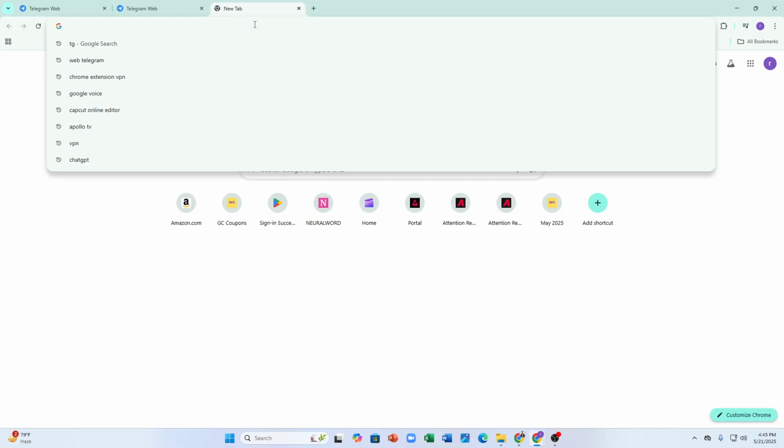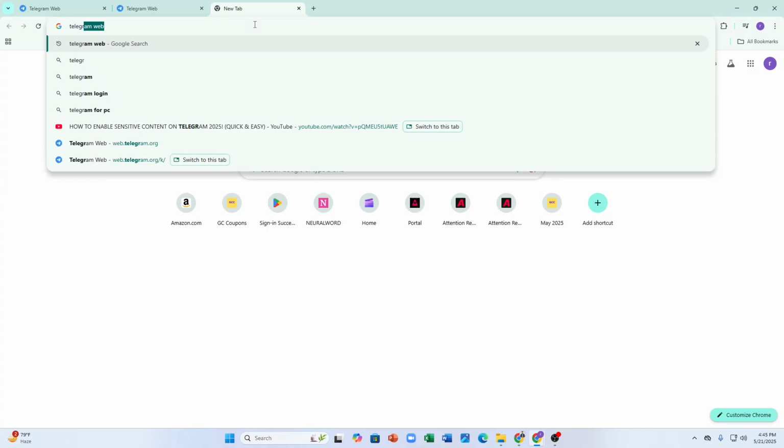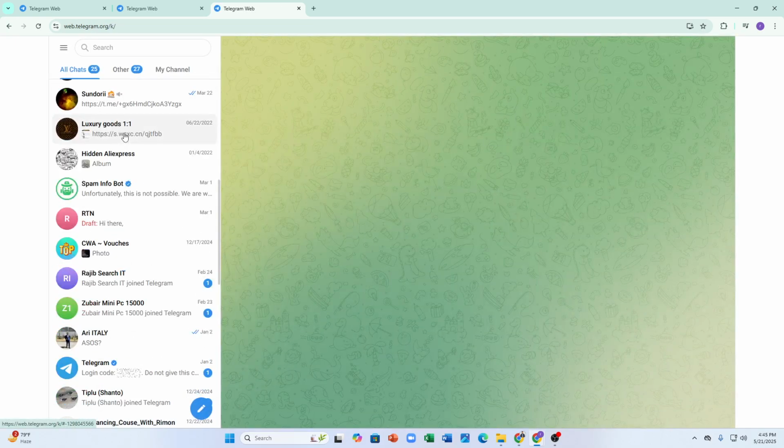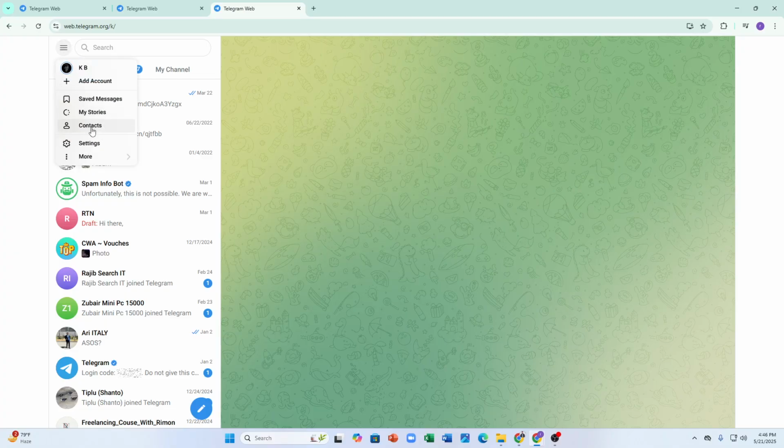So for that, you have to go to Telegram Web and search for that. As you can see, here is the Telegram Web link, and it will take me to a demo account of mine. If you are using an Android or iOS device, I'd suggest you go on your app, and the rest is almost similar. So now you have to click on the three dots, and after that you have to